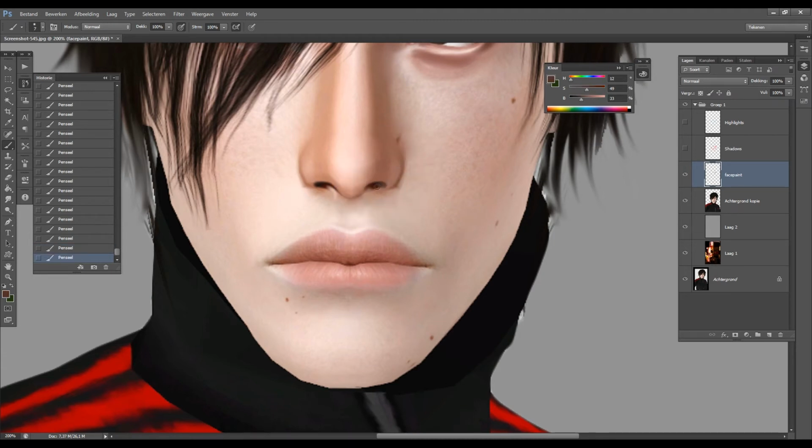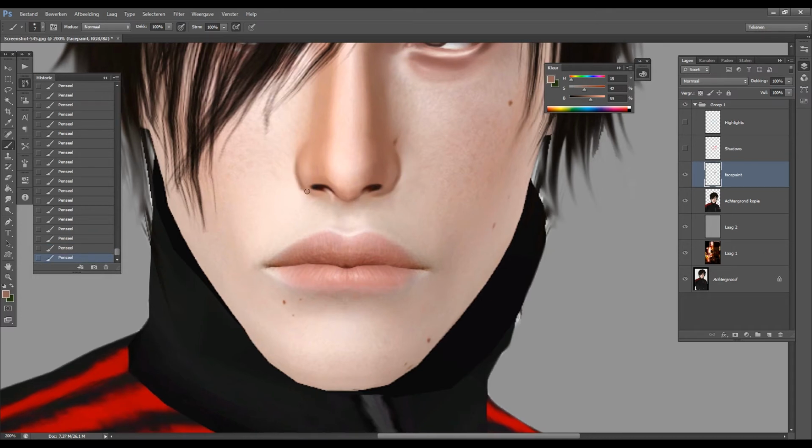What I do, and yeah, there's not much to say about it because every nose is different, so I can't really give any strict tips about it. I had highlights and a shadow under the nose tip, and for the lips there's more to talk about